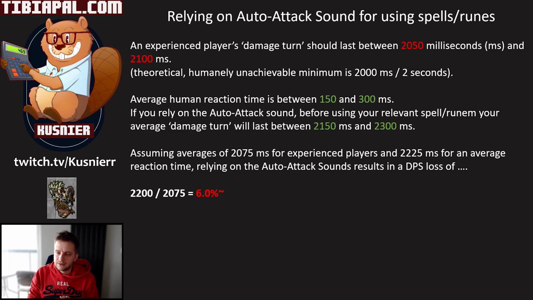Now, if you think about what 6% means, just to give you an example, I believe Soul Bleeder, probably the most expensive basic item in the game, gives you about 1 to 2% damage increase compared to like a falcon bow, and that costs like 400 KK, right? And this 6% is about 3 Soul Bleeders worth of a difference. I don't think I need to tell you that this is huge.